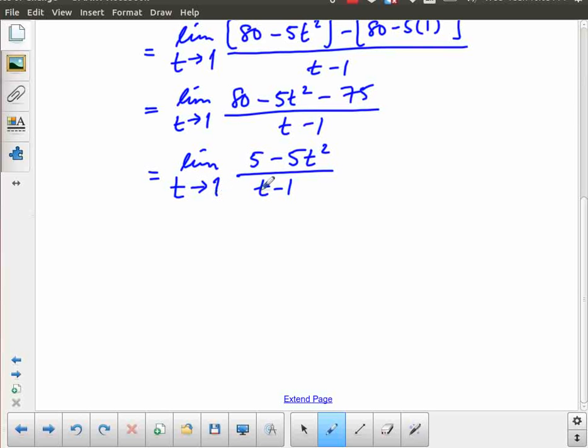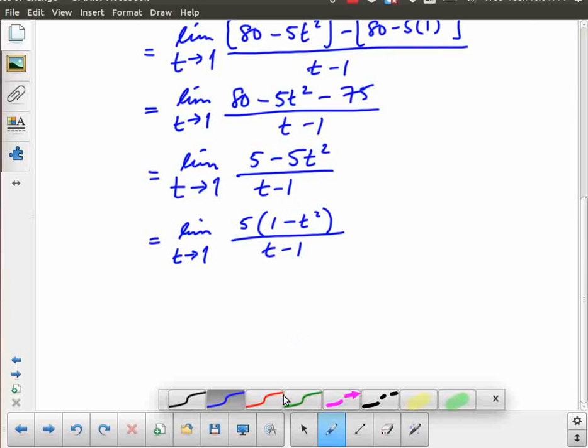As t approaches 1, 1 minus 1 approaches 0. I get division by 0, and that's not going to be useful. So I need to figure out another way to simplify this. And something you might recognize here is if I take out a common factor, there's a common factor here quite visible as 5. It depends on how you wrote this, but you know what? I'm just going to go ahead and write it the way it's written and show you that you should still be able to see it and adapt to it. Now when I see this, I have 5 times 1 minus t squared. Normally we have the quadratic term first. Normally we make the quadratic term positive. I could have factored it that way,